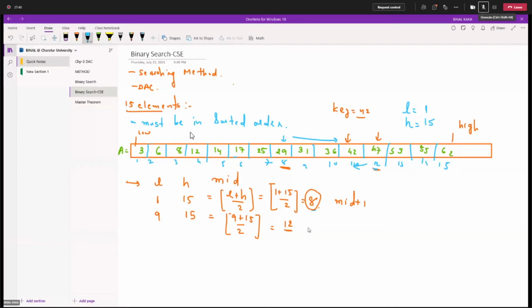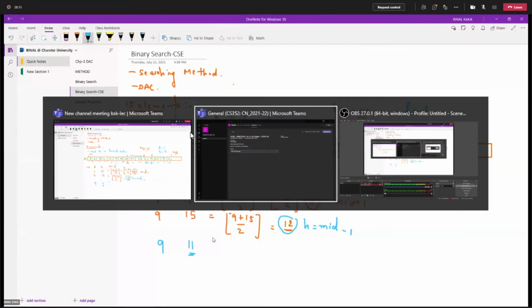Whenever we check the left hand side, high becomes mid minus 1 and low remains the same. What is mid? Mid is 12. If I do mid minus 1, it is 11.